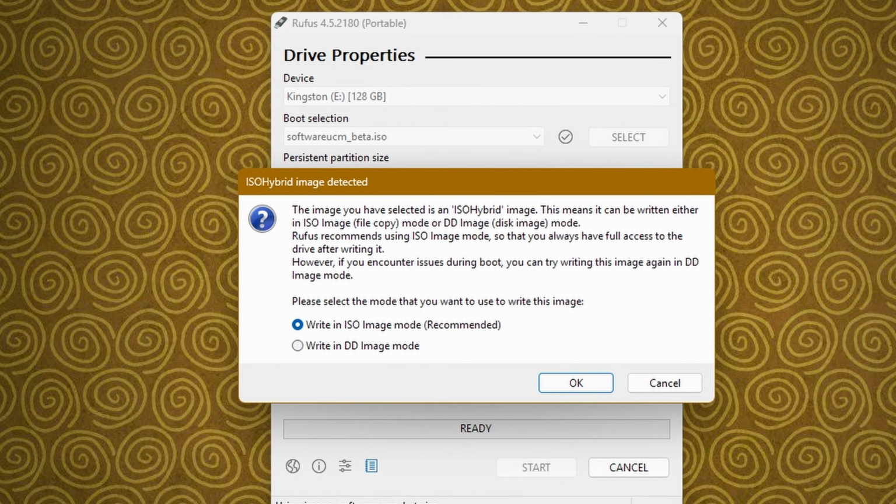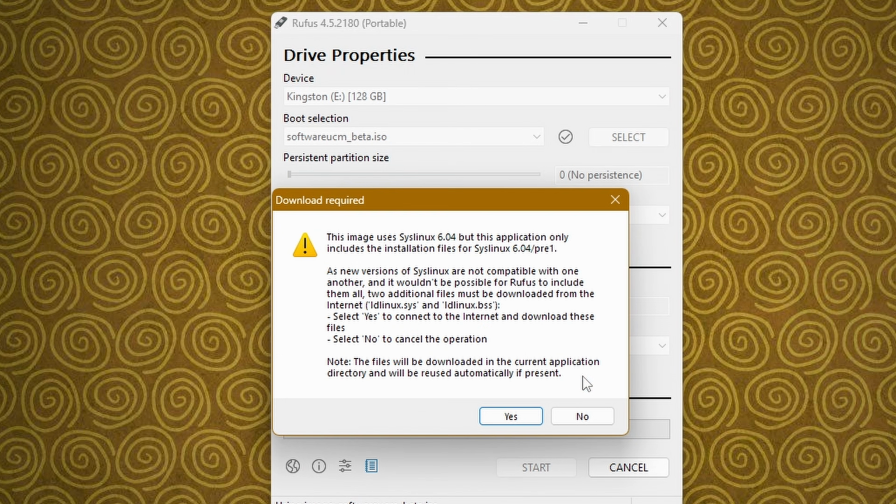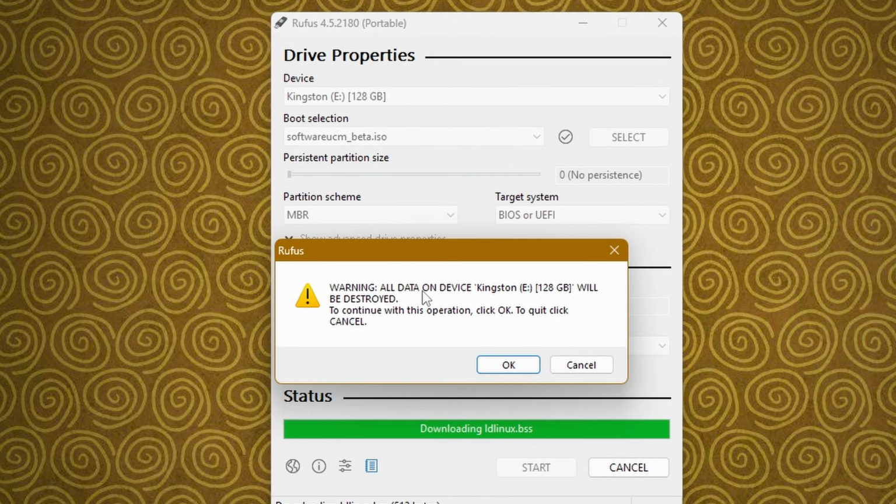and then you'll have a pop-up message on screen that will say the image you have selected is an ISO hybrid image. So what we'll do is leave this as write in ISO image mode, which is the recommended mode, and click OK. Then you'll get another message saying this image uses syslinux 6.04, but the application only includes the installation files for syslinux 6.04 pre-1. So click yes,